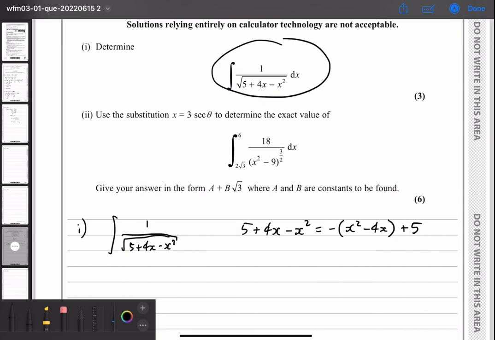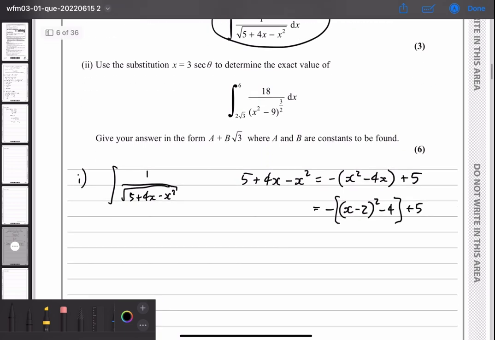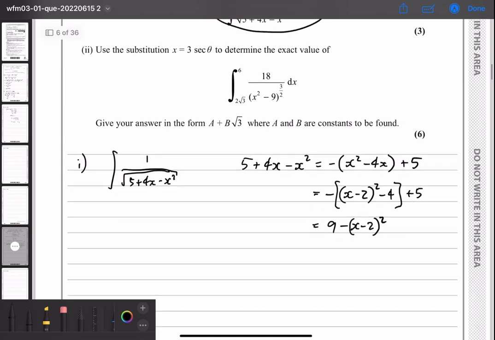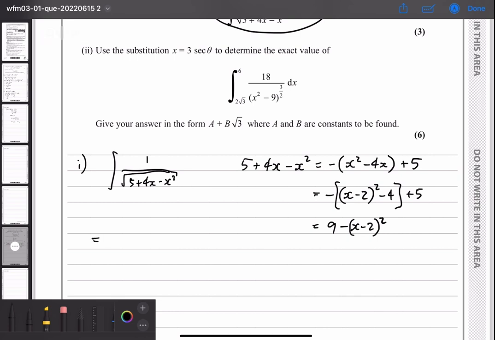Now if I want to complete the square, within that bracket I should have x minus 2 all squared minus 4, and I realise many of you might not like the way that I've done that, but hopefully whichever way you do it, you end up with a 9 minus (x minus 2) squared. Now that might not seem much better, but actually that now tells me exactly where we need to go next,